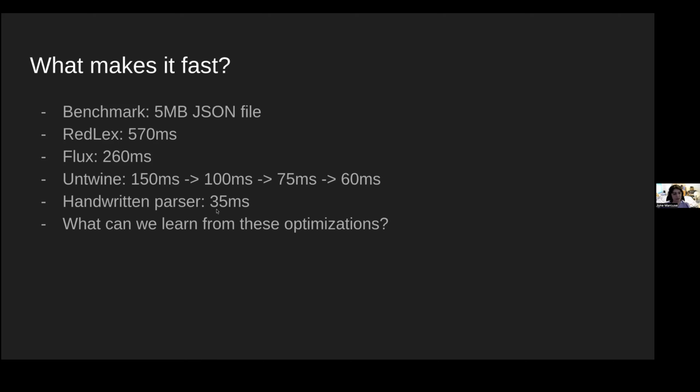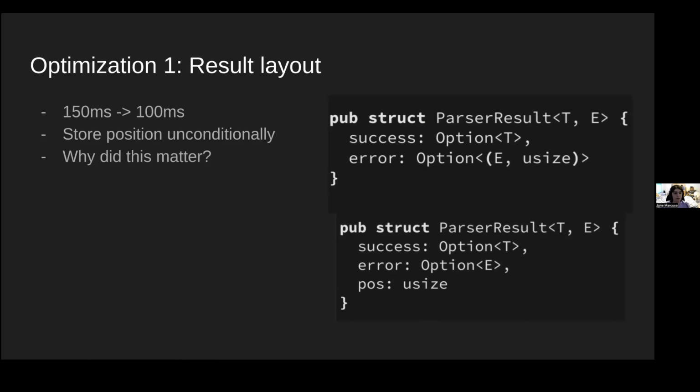And what can we learn from these optimizations? What do they tell us about a CPU and about optimization in general? The first optimization is very, very simple, to the point where it baffled me for a little bit when I first tried it. This is the type that I was using to represent the output of a parser. It can contain an optional success value, and an optional error value.